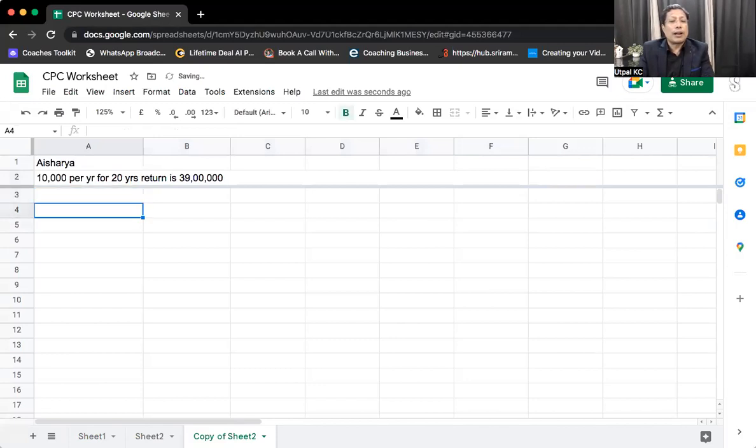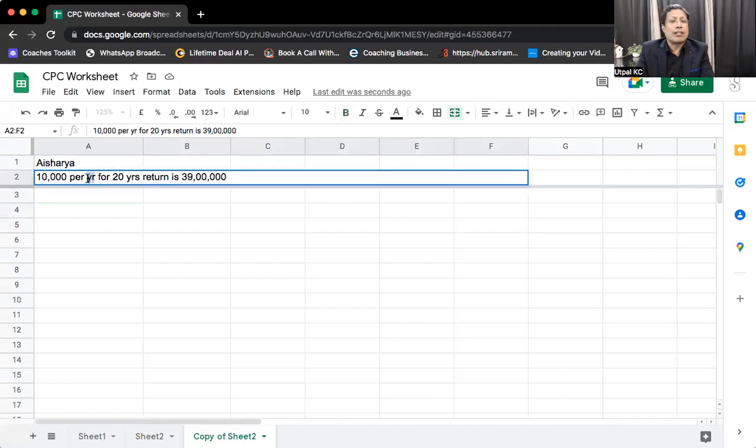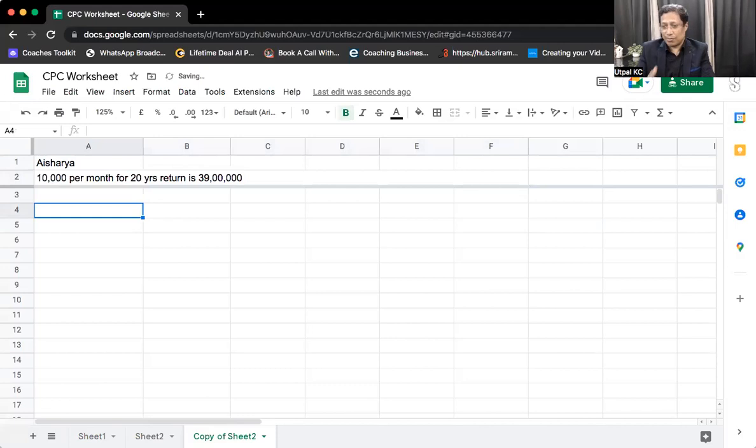Okay, 10,000 per year. That's huge. Anyway, 2 lakh. Okay, that's huge. Okay, it's per month. This looks like, it cannot be, people in the company will go bankrupt. Okay, I can see and I can tell. Right. So now here we'll have the periods and here we have the cash flows.